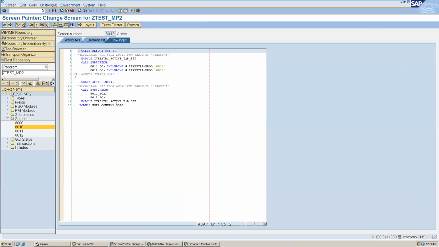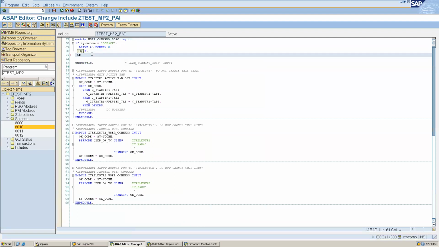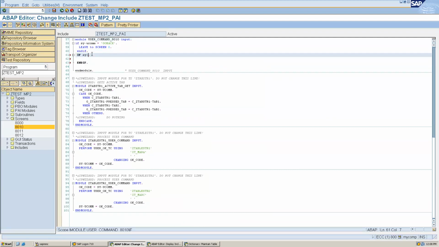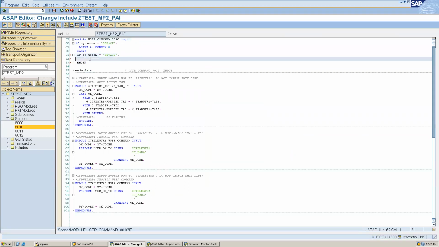Let's go to flow logic. Okay, so here, whenever the user, if sy-ucomm, for example, sy-ucomm equals to, what is that, detail, right? Detail, what I want to select